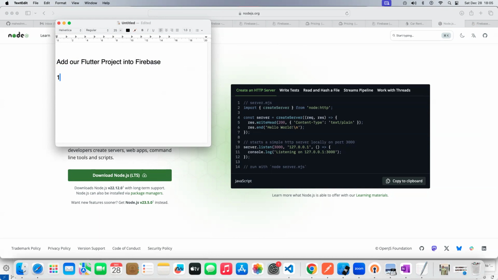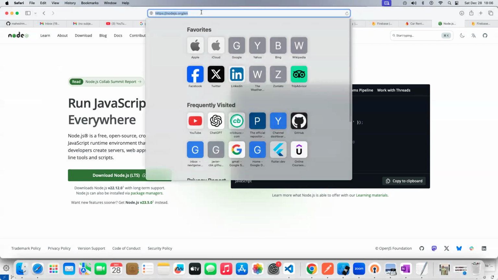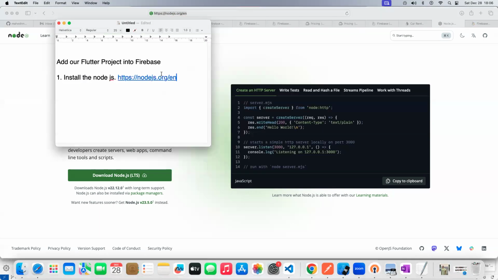Now, what are the steps? First one is install Node.js. This is the website. After installing Node.js,